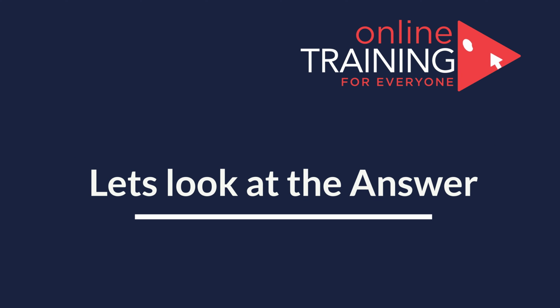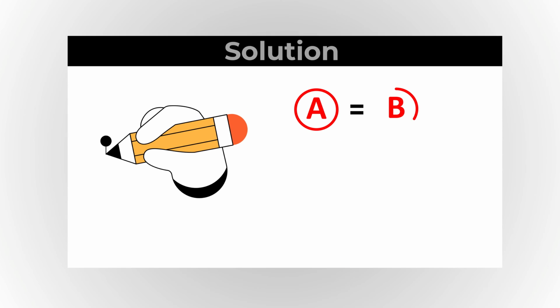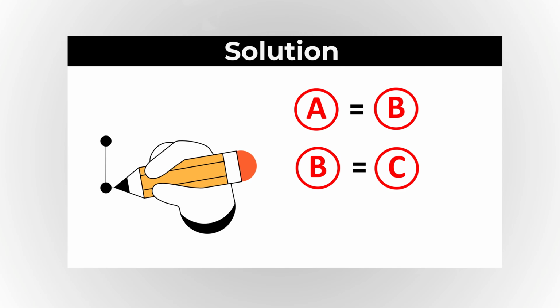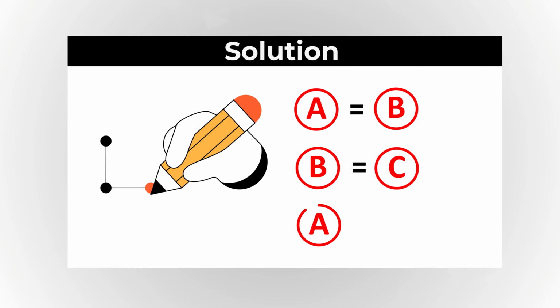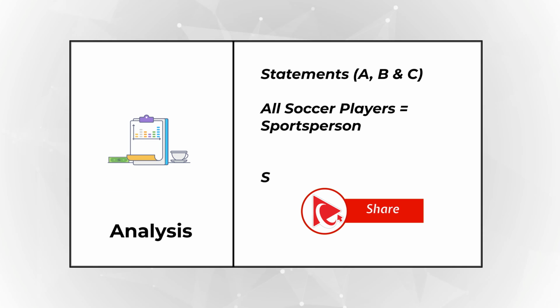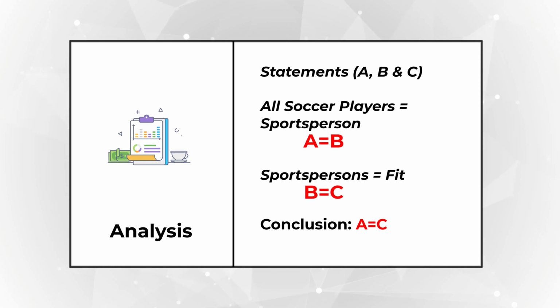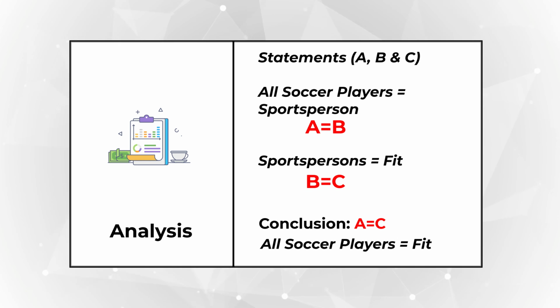As you might be well aware, in logical world, there is a formula. If A equals B and B equals C, then you can reasonably conclude that A equals C as well. We can look at our original statements as A, B, and C. For example, the statement all soccer players are sports persons could be an equivalent of A equal B, and then all sports persons are fit could be B equals C. Based on these 2 statements, we can reasonably say that A equals C, which would mean that all soccer players